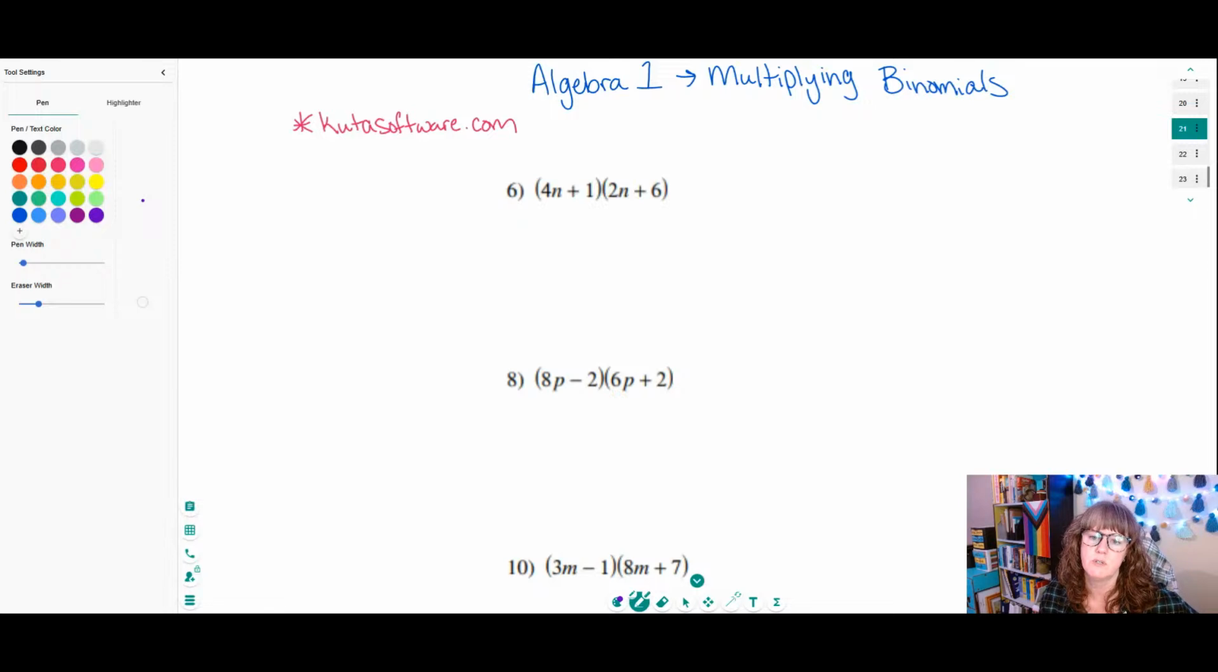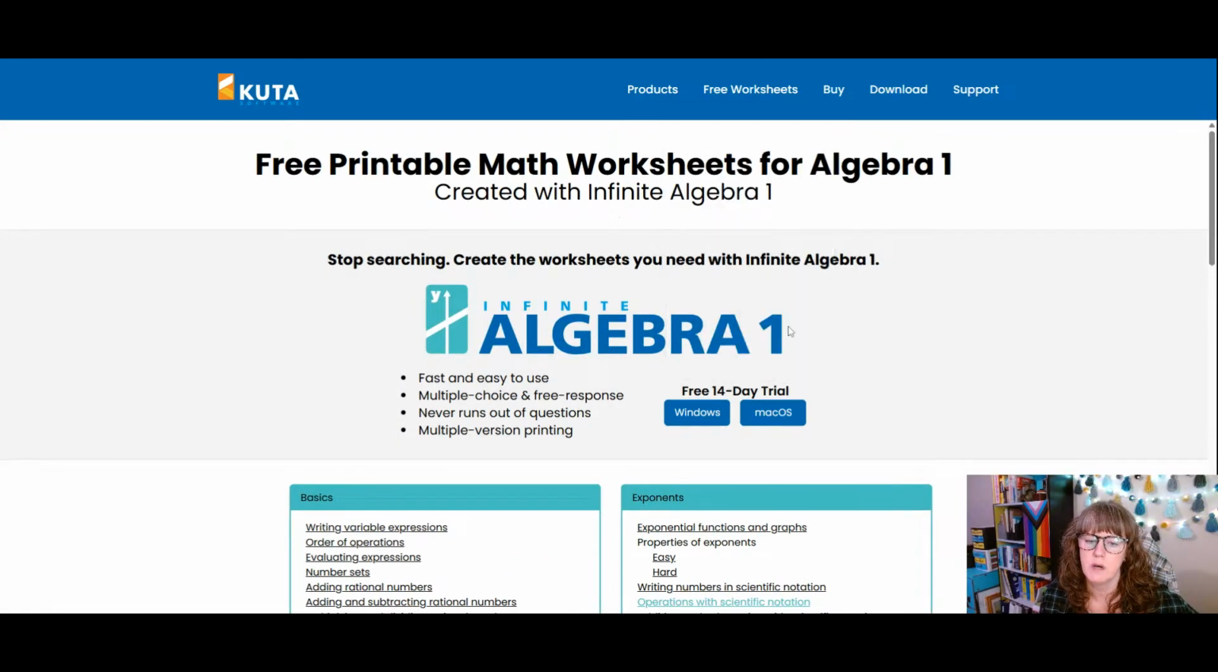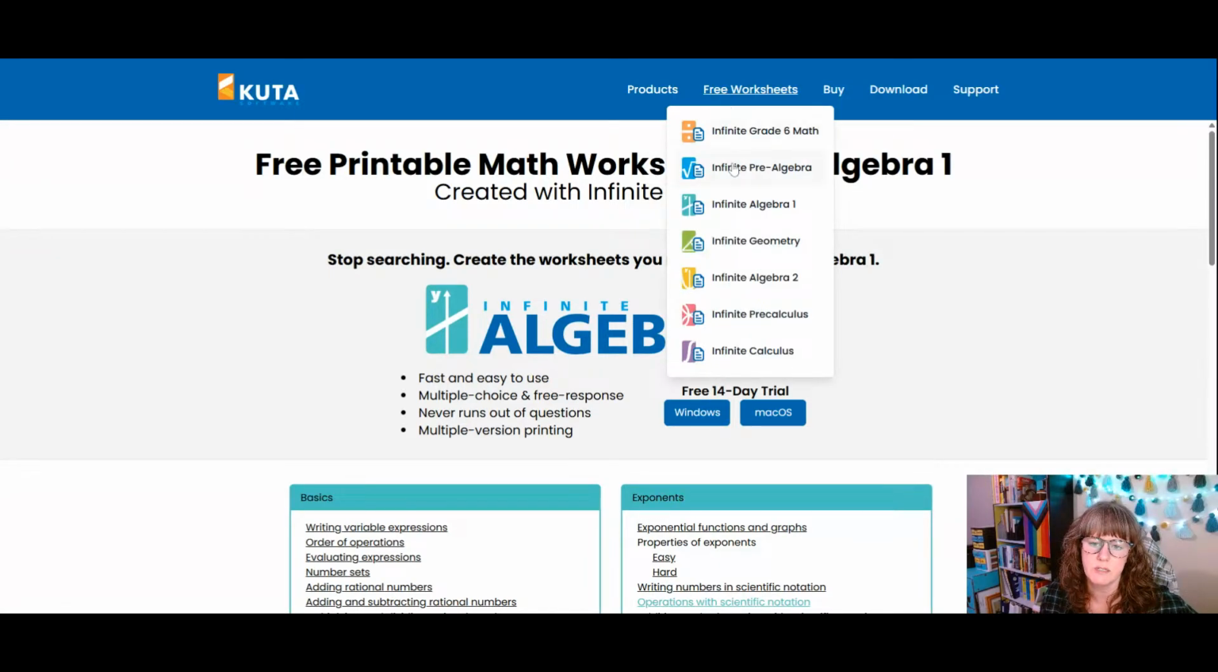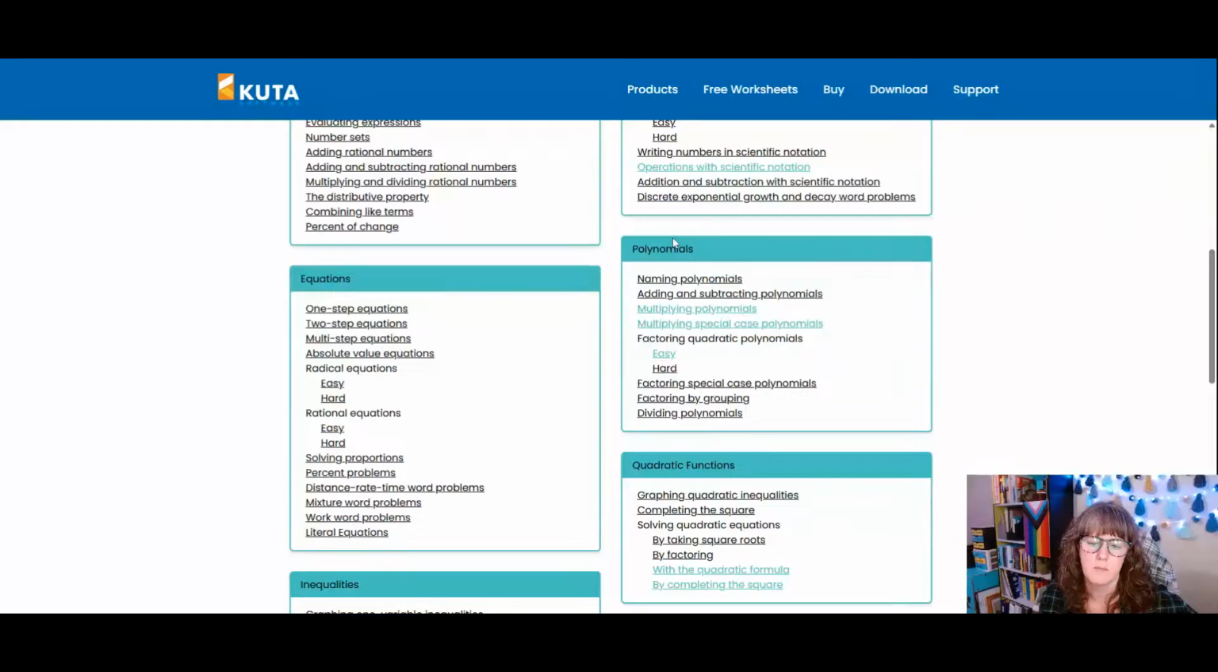If you want to go to different sections, you just click on this free worksheets and you've got the drop down here. Sorry, I don't think you can see this. There we go. Okay, so click on this where it says free worksheets. You can find the drop down here. So this is where I get my pre-algebra work. We're already on the Algebra 1 page right here. And then here in the polynomials,